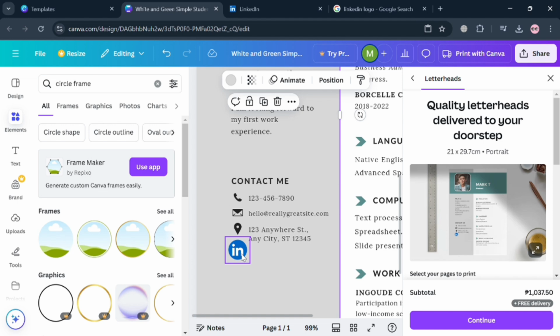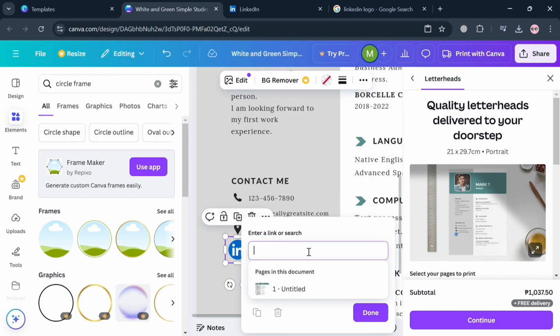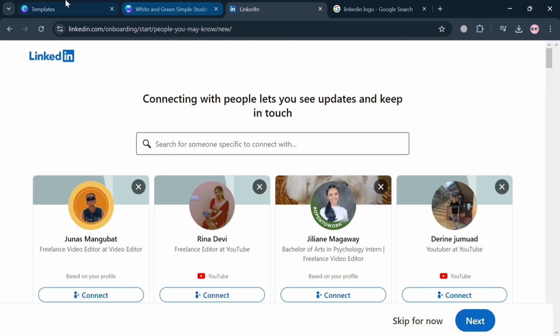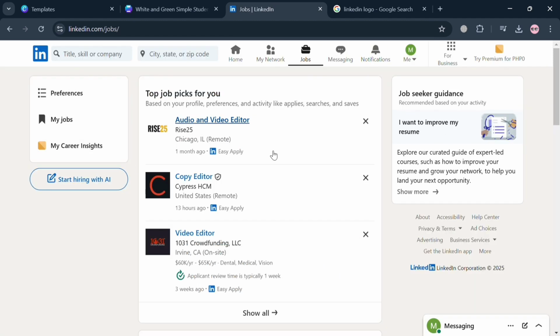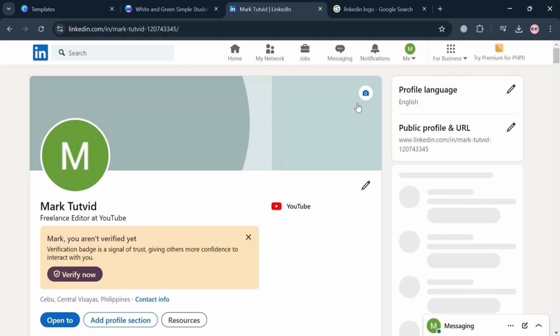And to do that, kindly proceed by simply right clicking on it, and it will show us in here the option to link, where we can start pasting the link in here. Now again, just simply go to your LinkedIn account. So make sure to sign in to your account in here on LinkedIn, and after that, just simply go to your profile by simply clicking this profile icon on the top right corner and click this view profile button,